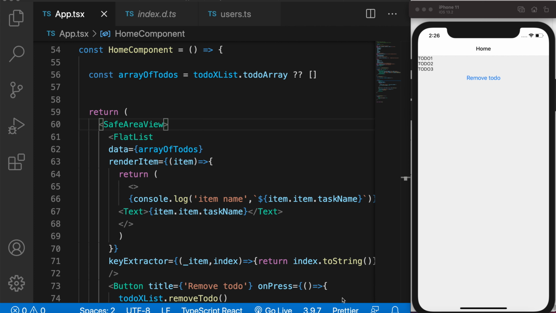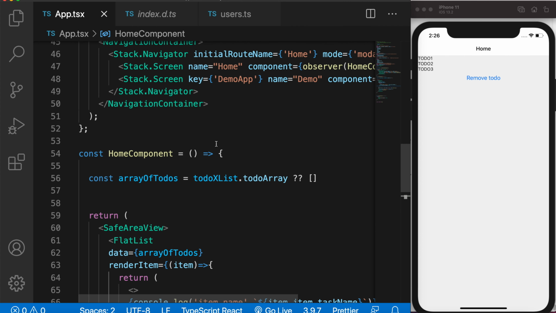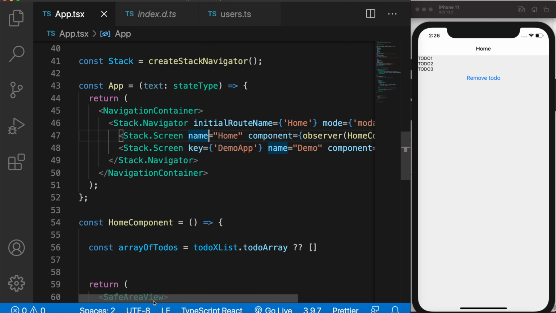So before actually explaining more into this, I will just go through quickly what is the code or setup which I have done already. Alright, so what I have done already is, if I scroll up a bit, in our navigation I